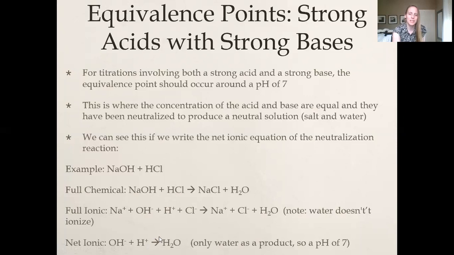And so what we would end up with is just the hydronium and hydroxide ions making the water. So that's why it just has a pH of 7. You don't need to know why it has a pH of 7. All you need to know is that if you have a strong acid and a strong base in a titration, the equivalence point will be at a pH of around